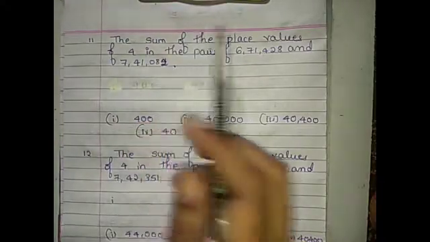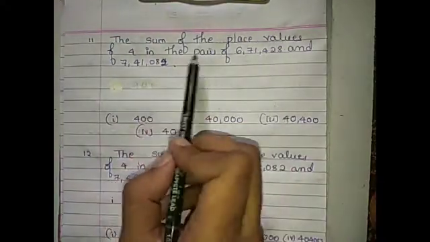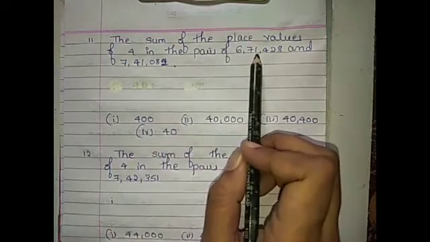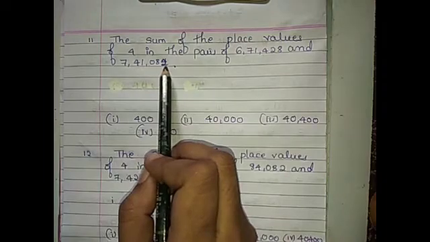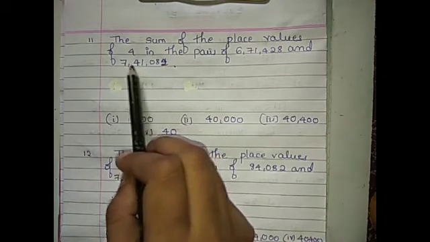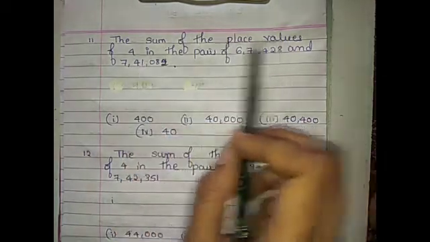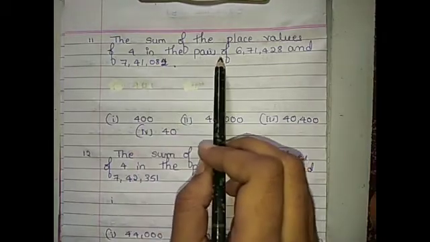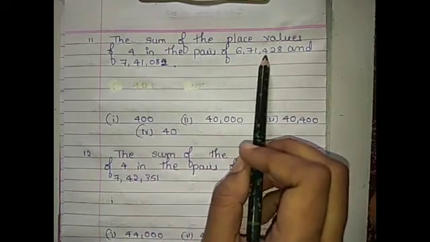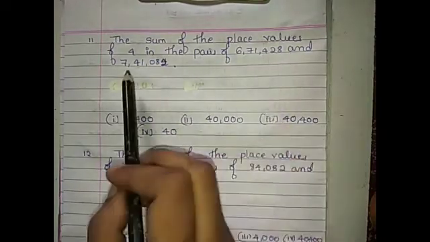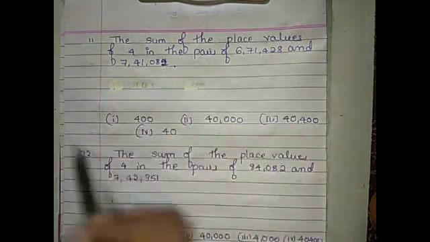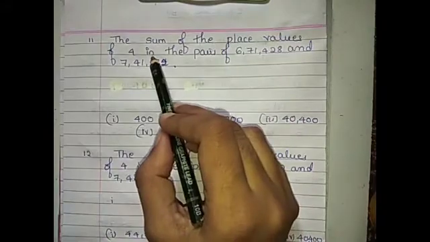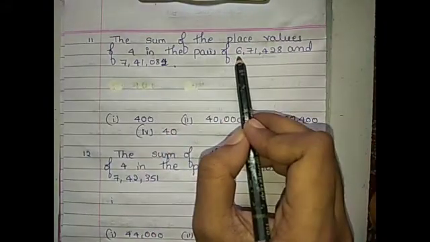11th one. The sum of the place values of 4 in the pairs of 6,71,428 and 7,41,082. Here we have to find out sum of the place values of 4 in the pairs of 6,71,428 and 7,41,082. First we have to find out place value of 4 in